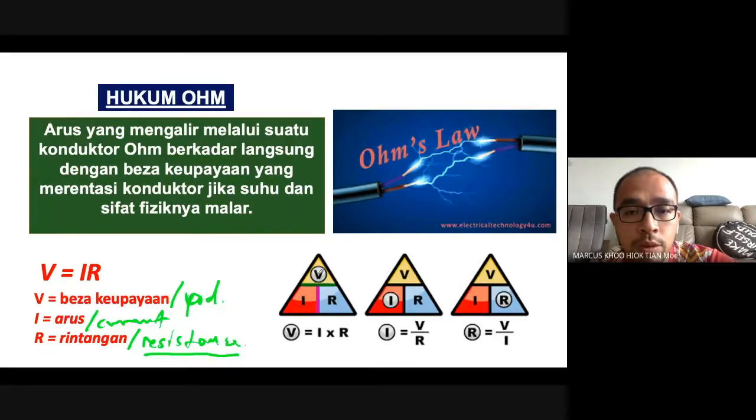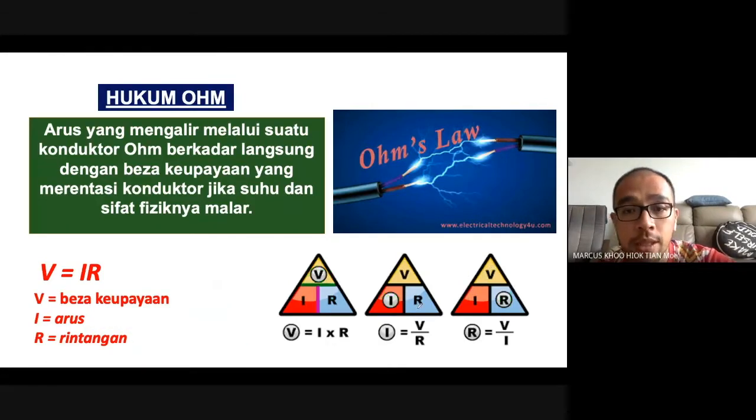So if you want to find V, you cover V, so V equals I times R. If you want to find I, then you cover I, so I equals V over R. Or if you want to find R, you cover R, then it's R equals V over I. So if it helps, you can use the triangle to help you remember the formula for Ohm's law. But I think that V equals IR is actually very easy to remember, easier than remembering the triangle. But some people like the triangle. Okay, now